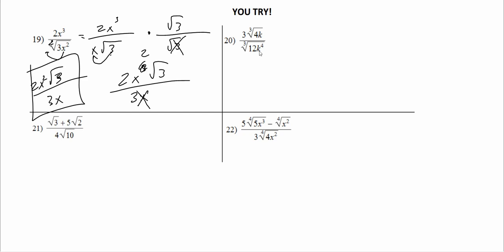Number 20, let's break it down first. All right, number 20. There's a couple different ways we can do number 20. I'll do it both ways. Actually, I'll show you the differences between them. So the first way is, because these are the same indexes, 3 and 3, I can simplify the numbers inside first. So this really simplifies to 3 times the third root of 1 over 3 times the third root of,